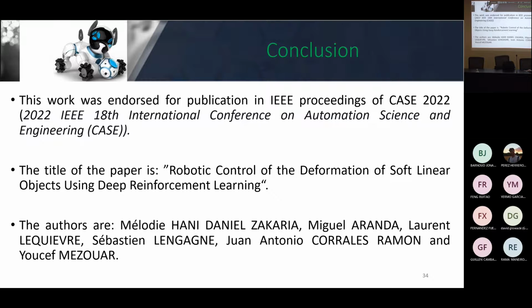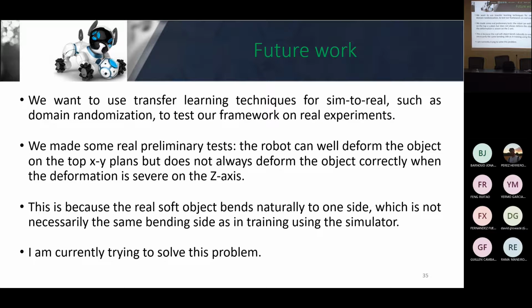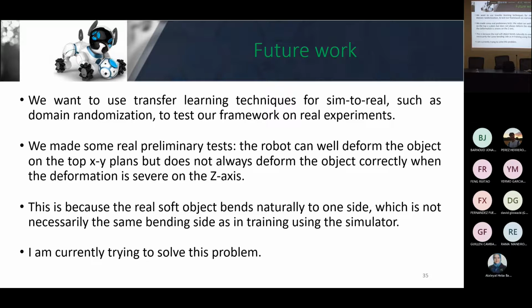So this work was accepted for publication in the proceedings of IEEE CASE 2022. And as a future work, the idea is to transfer this work to be able to test it in real. So I conducted some, let's say, preliminary tests. It's not really concluded yet, but what I could achieve is to be able to do it in real for the deformation on the top of the box, which means more on the XY plane than on the Z plane,